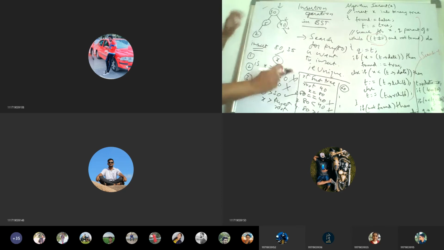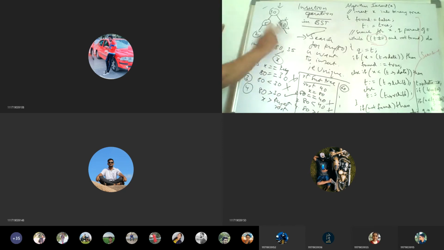So there is no subtree here. I told you the first thing we are going to do is search. We searched for 80. So on the right side of it, are we finding anything? Nothing is there, null. So the right subtree of 40 is null. That means 80 is not there in the existing tree. So the search is unsuccessful. If the element is not found, wherever the search is terminated, at that position the new node can be inserted. Is this clear?